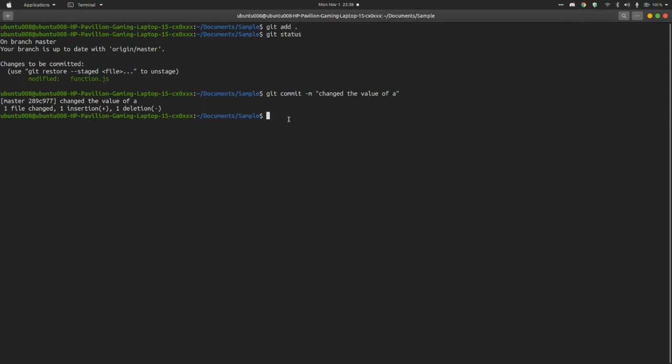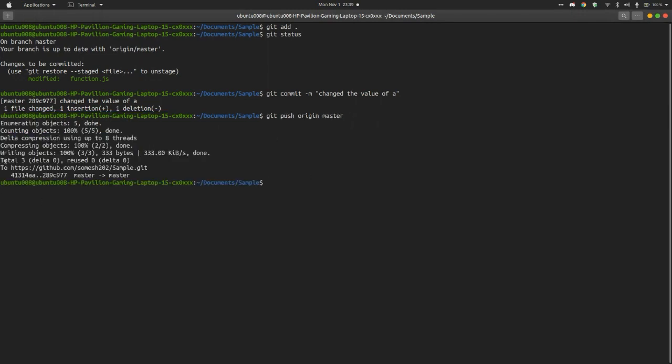Now I need to push this change from our local repository to the remote repository. So I will write git push, then the name of the remote, which is origin here, and the name of the branch. Now I have the branch set to master, so I will write git push origin master and press enter.